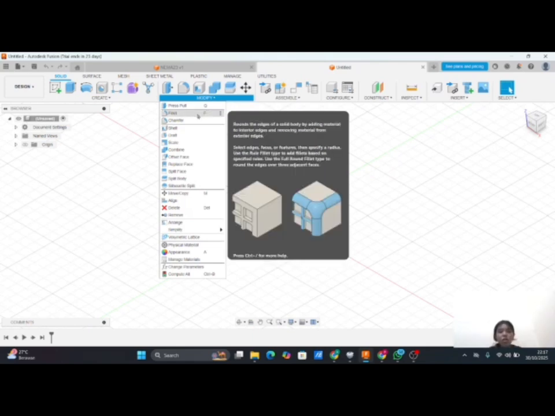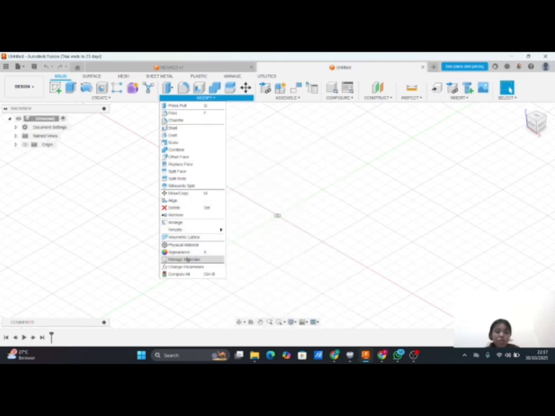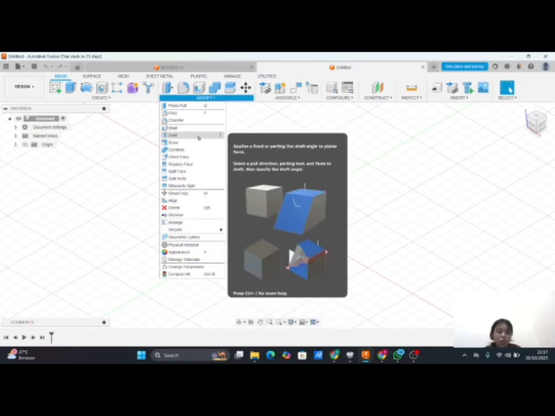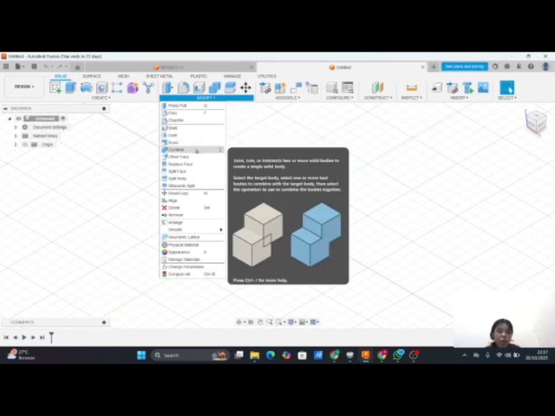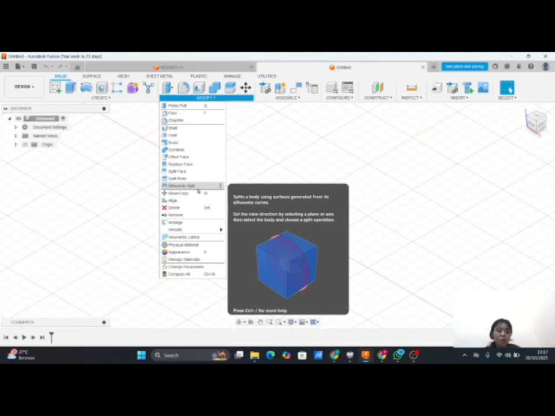Next, fillet rounds the edge of a solid body by adding material to interior edges and removing material from exterior edges. Next, chamfer bevels the edge of a solid or surface body by removing material from exterior edges or adding material to interior edges. And in here we have shell, draft, scale, combine, offset face, replace face, split body, split face, move copy,